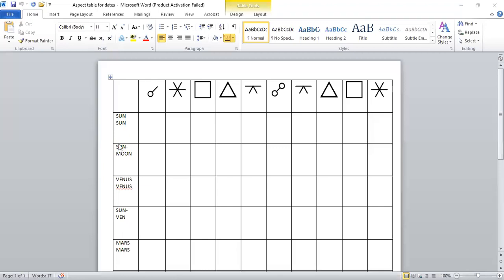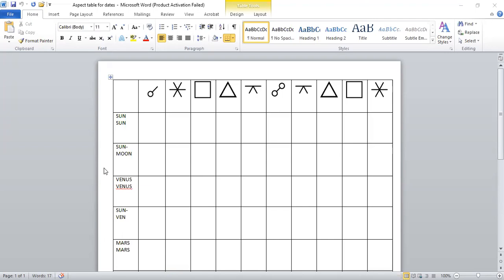Then we're going to do sun to moon. You're going to do the same thing again, but now this is the sun making these aspects to your moon. This top one was sun to sun. This one will be sun to moon. My sun is 16 Aries, so I look for everything at 16 degrees because that's my sun degree. Now my moon degree is 3 Aquarius. So when the sun in the sky is at 3 Aquarius, that was